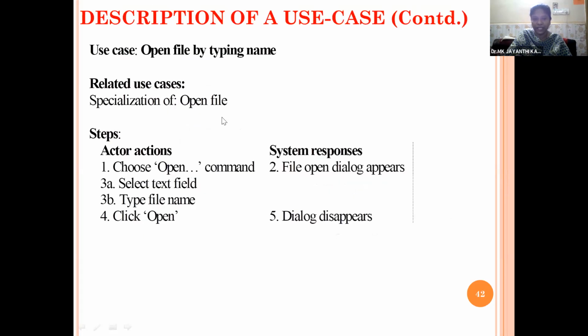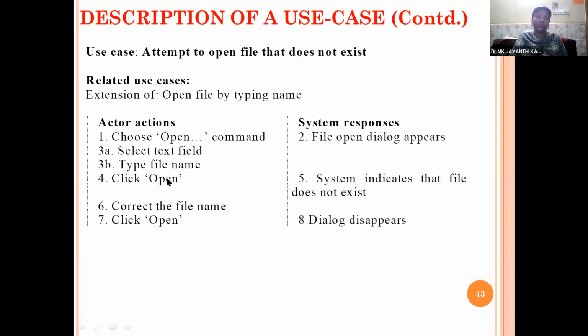The same way, open file by typing the name. In that case, the use case scenario is open file by typing the name. You will choose the open command, then the open dialog appears, then select the text field, type the file name, then click open, then the dialog disappears.